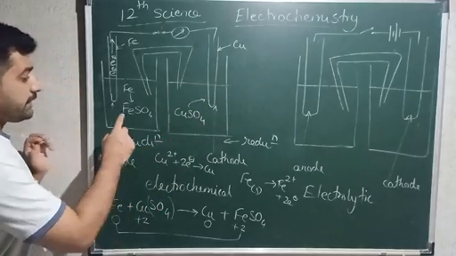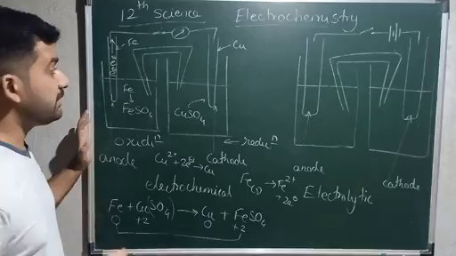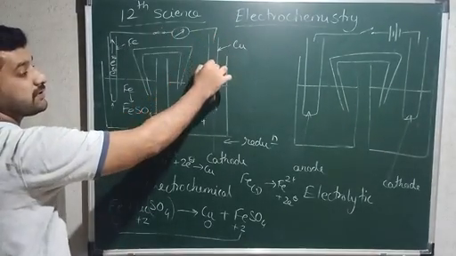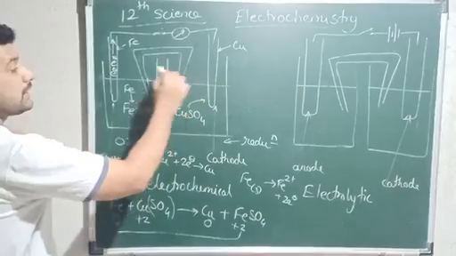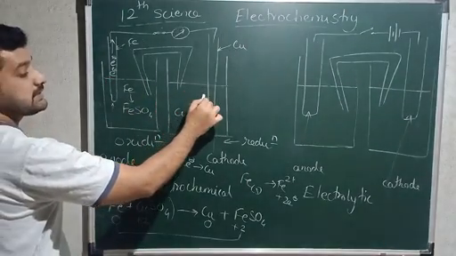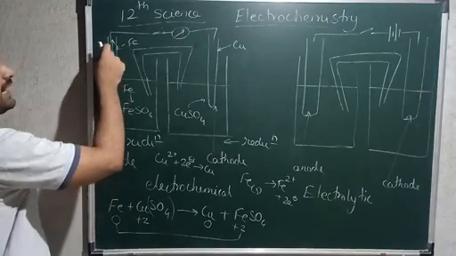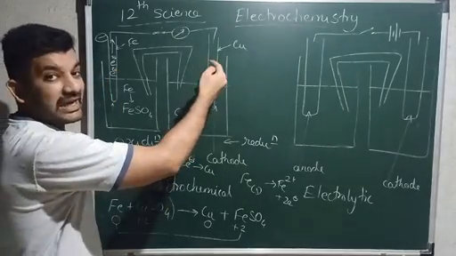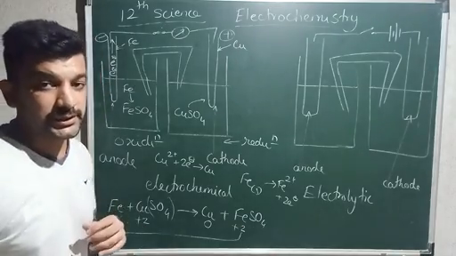That means what? This is an electrochemical cell where there is transfer of electrons, and when there is transfer of electrons, there is formation of current. Anode gets oxidized, cathode gets reduced. Electrons are present at anode, that's why anode will have negative charge. Electrons are absorbed at cathode, that's why copper will have positive charge over here.